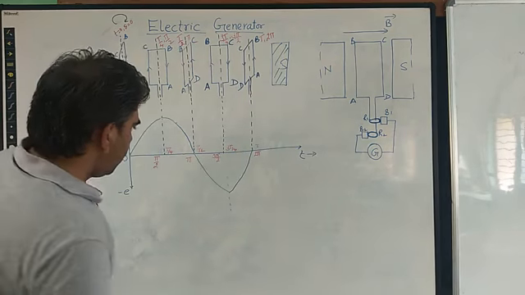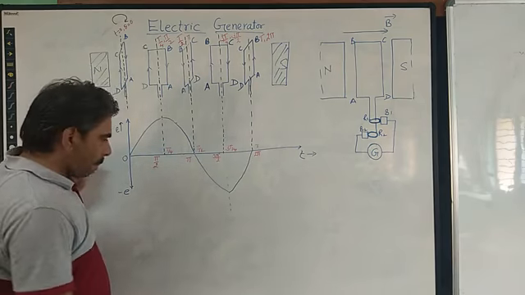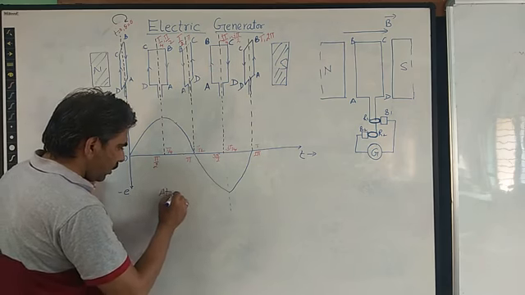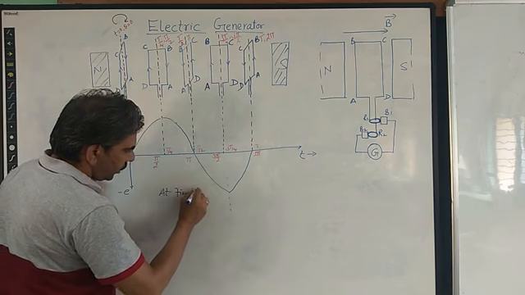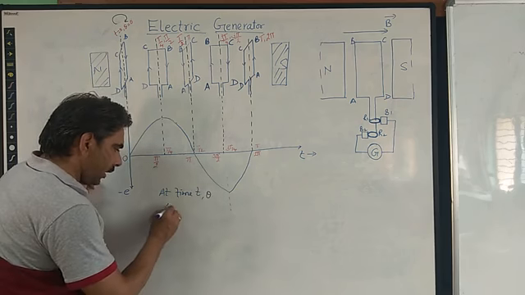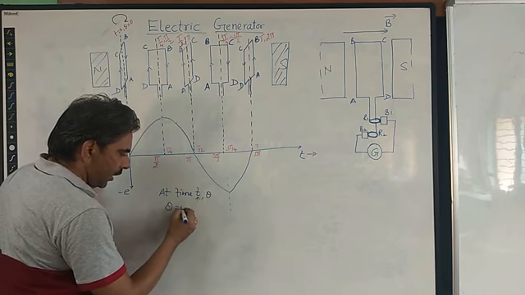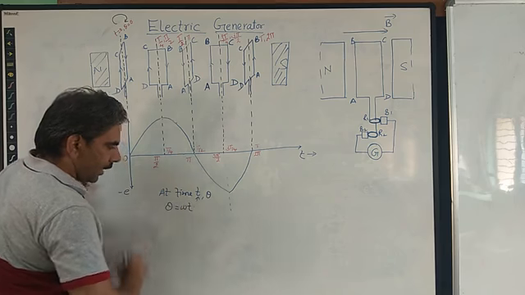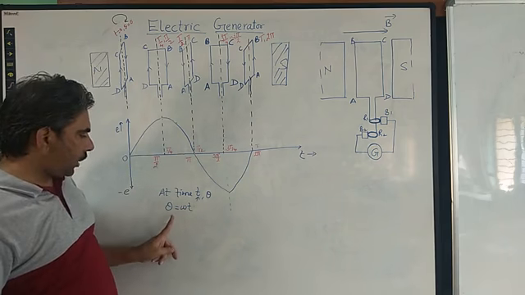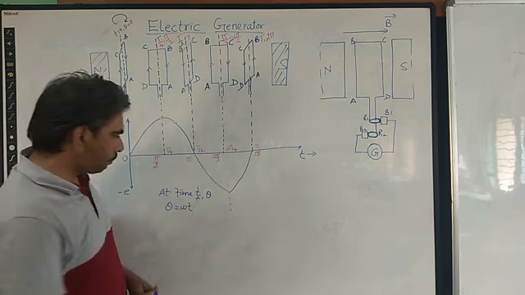Right? And if you want to write the expression for the value of induced EMF at any point of time, suppose that we are rotating the coil, at time t we have rotated the coil by an angle theta. So here theta will depend upon this time t. It will be given by omega t, where omega is the angular speed of the rotation of the coil. So theta at any point of time t is given by theta equal to omega t.